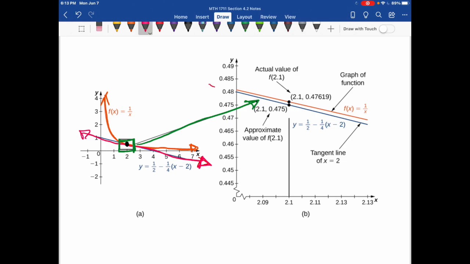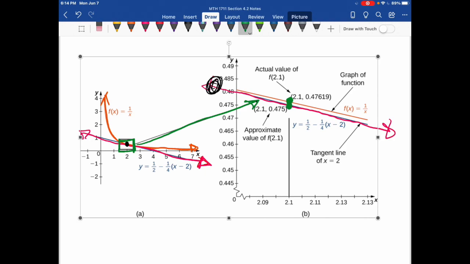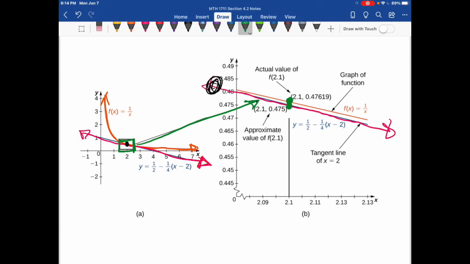But if you see the tangent line that I'm highlighting here in pink like I did before, here's the tangent line. And so x equals 2 is somewhere over here. And when we look at the tangent line, if we look at x equals 2.1, the value on the function is super, super close to the value on the tangent line. So we can use that linear function, that tangent line, to approximate 2.1 because it's really close to x equals 2, which is where the point on the curve